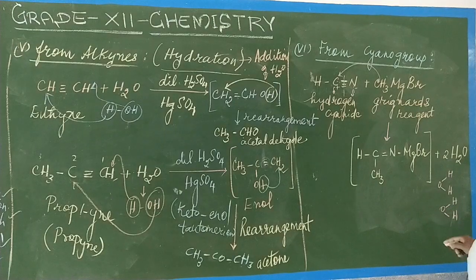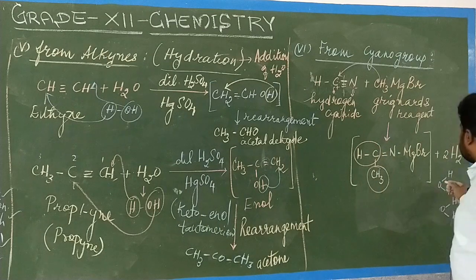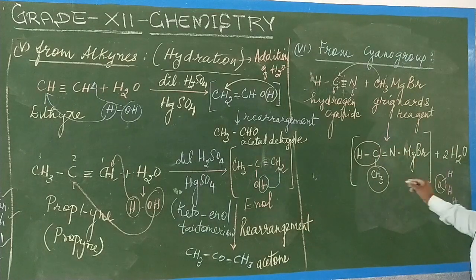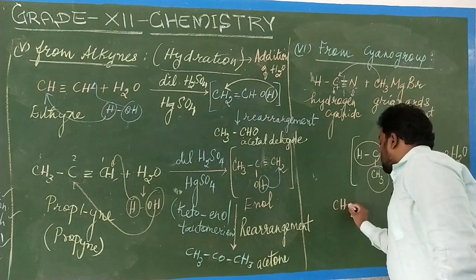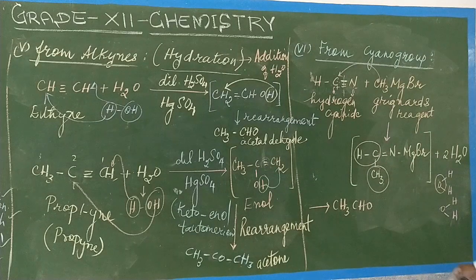Now see what's happening. This CH3 and this CH and this O will get combined and form CH3CHO. The aldehyde problem is solved. So it forms what? CH3CHO. It forms CH3CHO plus